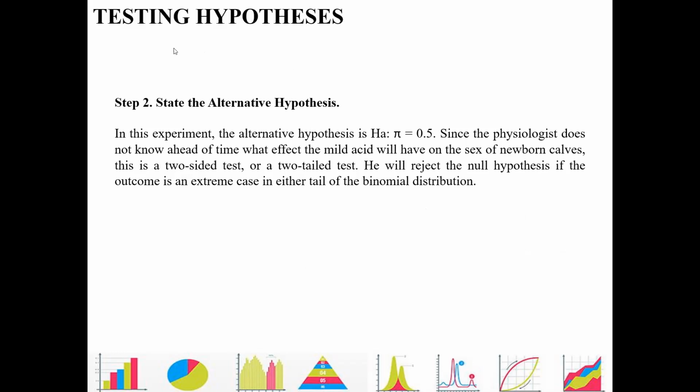To contradict the null hypothesis, we state the alternative hypothesis. In this experiment, the alternative hypothesis is that pi is not equal to 0.5. So it is a not equal to 0.5. Ibig sabihin, either